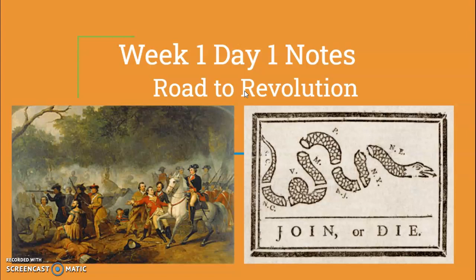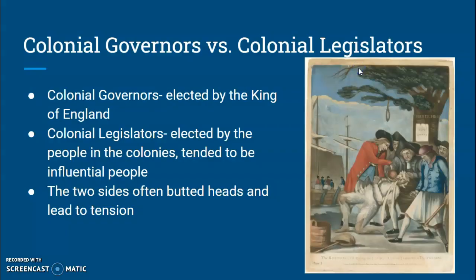Okay, so the first slide here, we're going to talk about colonial governors and colonial legislators. Colonial governors are going to be elected by the King of England. These are going to be governors that will be over colonies. So, for instance, Maryland would have its own governor. New England and so forth, kind of like we do today with our states. But the biggest thing, again, these governors are elected by the king, so they're going to be doing what the